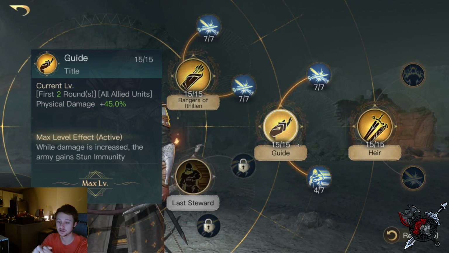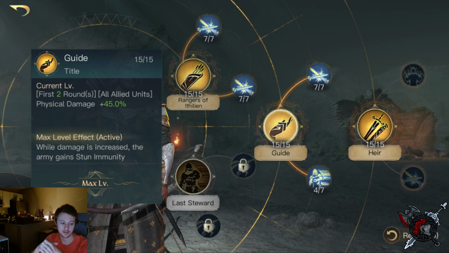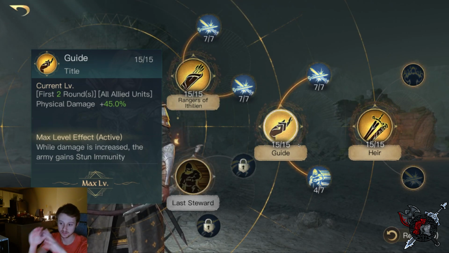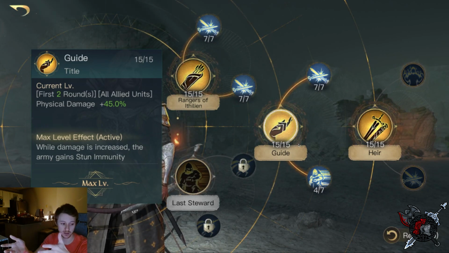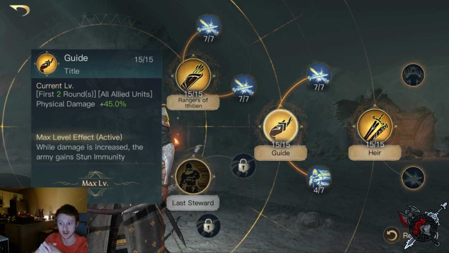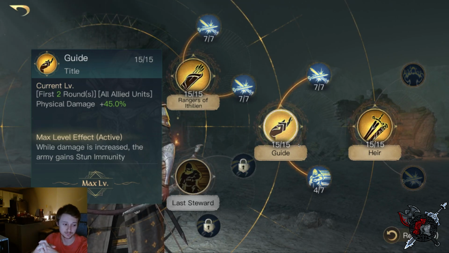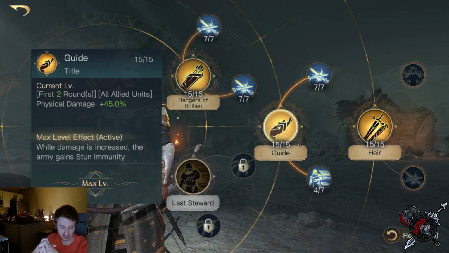And while this has increased the army gains some immunity, this is really effective whenever you have 3 units on the field because it gives you 3 times the chance to proc all of this damage. So if you have 1 unit, you do a bunch of damage with that 1 unit, don't get me wrong, whenever they attack. But you're not really getting the full effect because let's just say they hit. If they have any sort of status effect on them that prevents them from attacking or